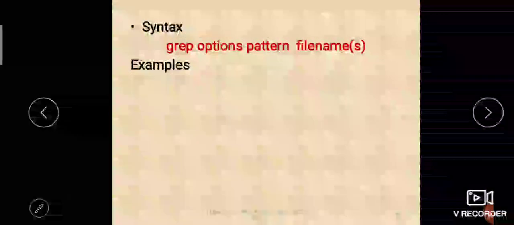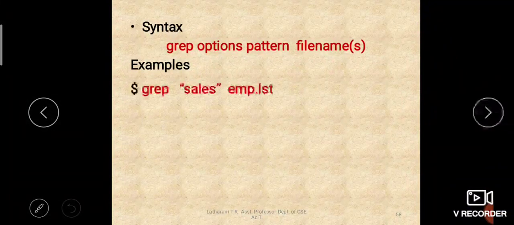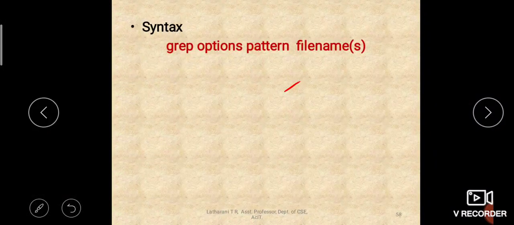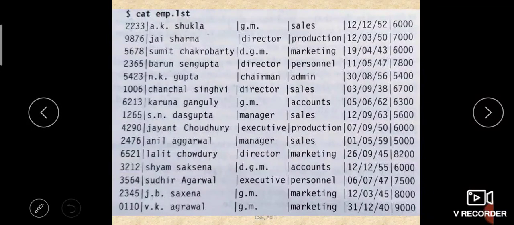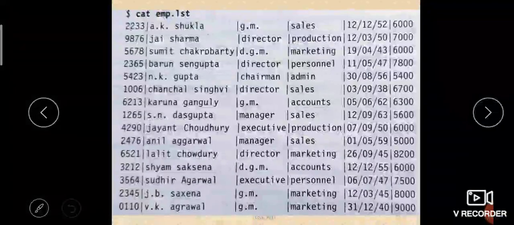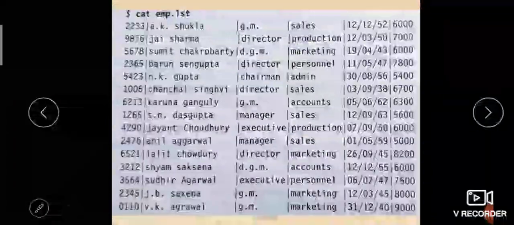So examples, we'll see some of the examples. See here, grep, this is how you will give it in the command prompt. grep sales emp.list. In the emp.list, it will search for a word called sales. So wherever that sales appears, all those lines will be displayed. If you take this example, wherever the sales word is coming, that belongs to the department, right?